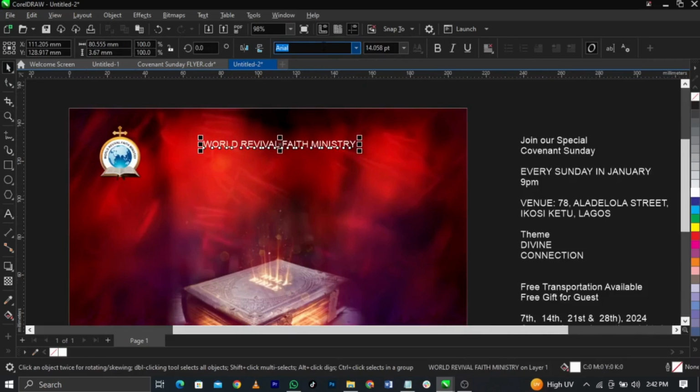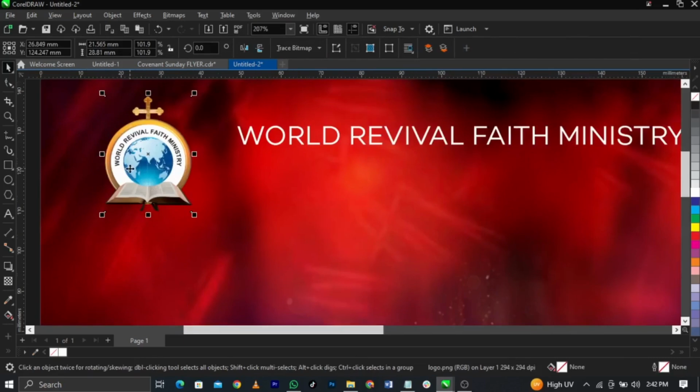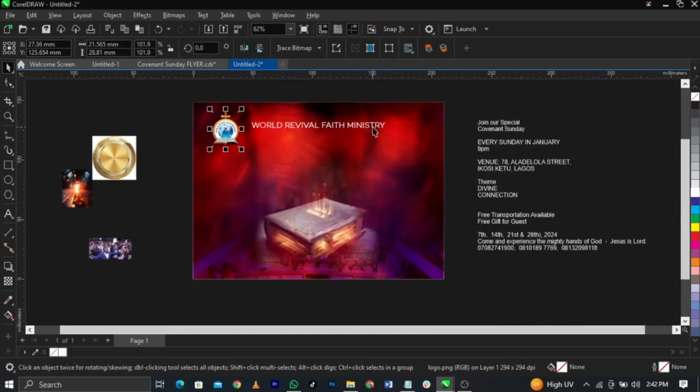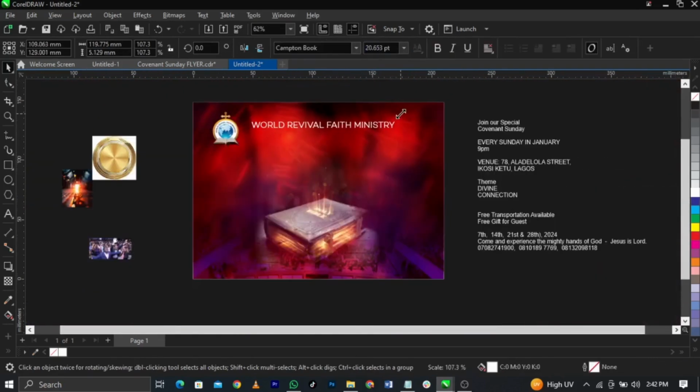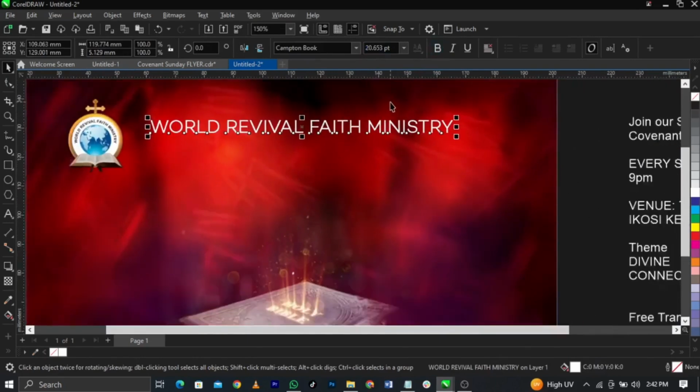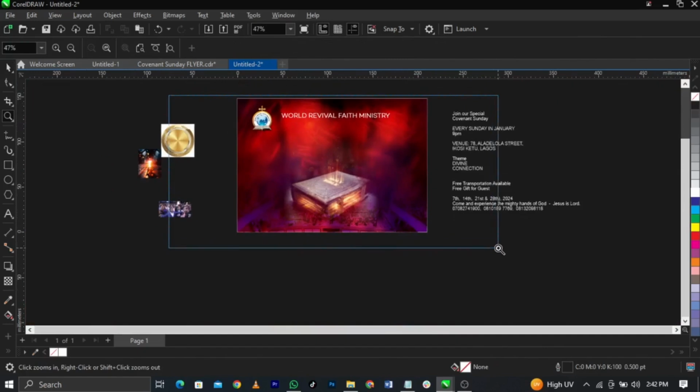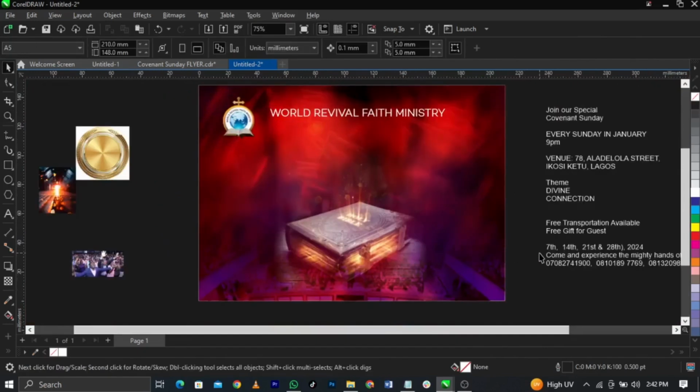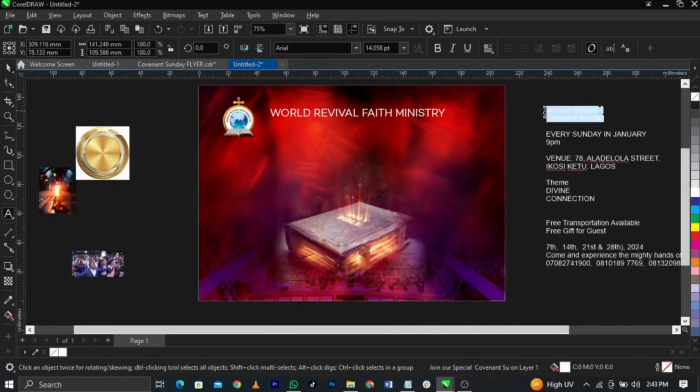Then the font we'll be making use of is called Campton Book. All right, so we're going to just scale this one up this way. We're going to leave that, and we're going to bring our church logo up a bit, and scale this one up this way. Then let's try and give it a bold. No, let's leave that. And the next thing we're going to do is copy the theme, which is